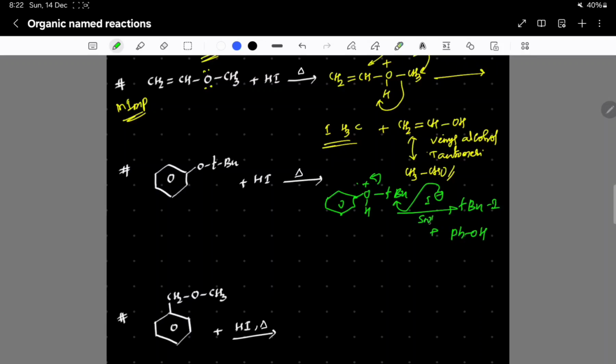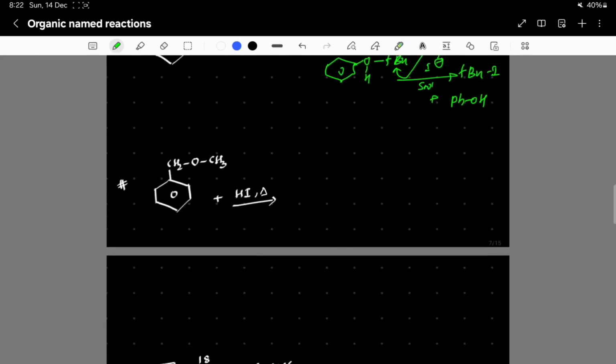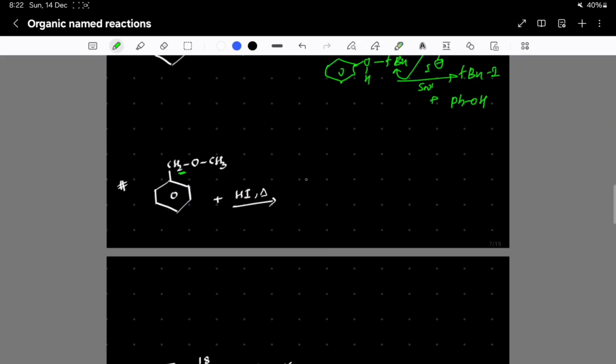Now here it follows the SN1 type of mechanism, right? Now look at this, the benzylic position is present. Simple, student, if tertiary or benzylic is present, you can go directly to the answer as per the SN1 mechanism only, right? Now look at this, here we have CH2,